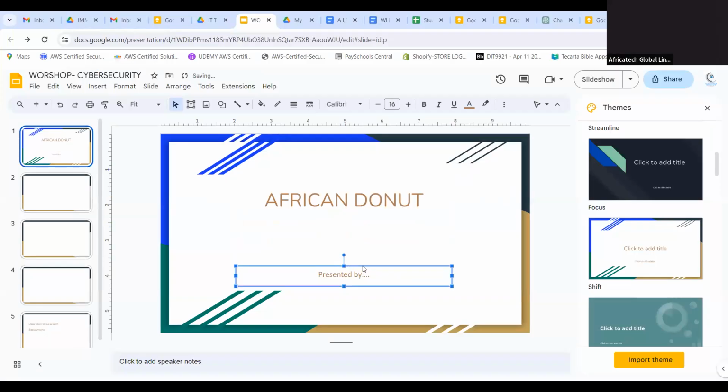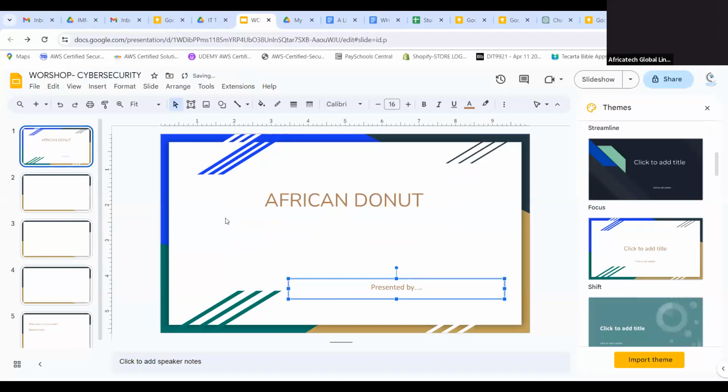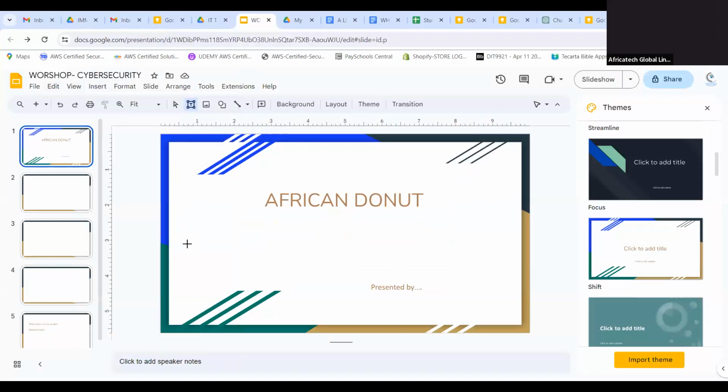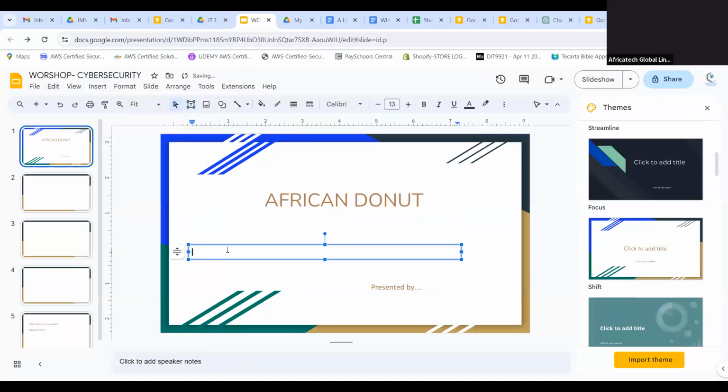You can move this one down. You are flexible. If you have a logo, like when you see my slide, I put my logo there. You can insert a text box, and then you add your logo or images. You can even add images. You see on my slide, I have images, right?